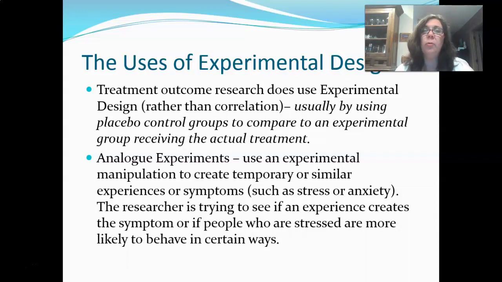So the example we used before is, right, we couldn't cause a life experience, we couldn't expose our experimental group to a life experience that we thought might cause major depression, right? But we could do something much more low level that is similar, but doesn't have any lasting harm associated with it, to see if we can cause a similar kind of outcome. So, for example, we wouldn't want to cause an anxiety disorder, right? And so we wouldn't want to give somebody a traumatic event to see if we can cause post-traumatic stress disorder,